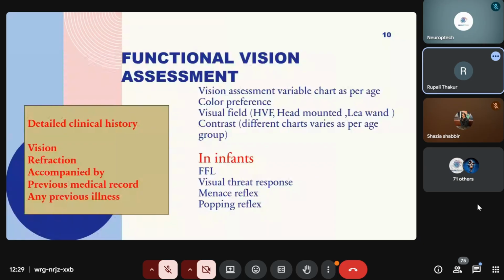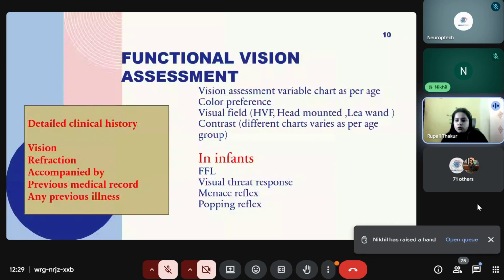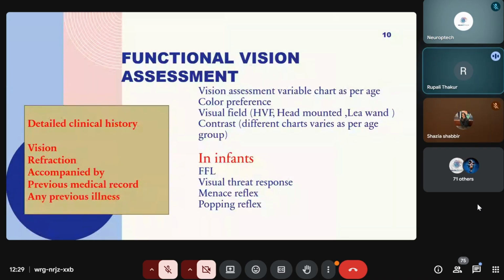So now we are going to talk a little bit about the clinical part also, how we need to judge, okay fine, how we can do the visual field, visual contrast, visual acuity assessment. And suppose you are not a CVI expert, but vision, refraction, and the attender, everybody is going to attend in everyday OPDs also. So first of all, we need to ask about the detailed clinical history, head to toe,